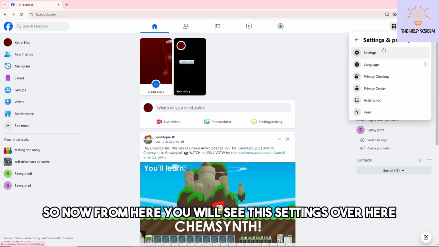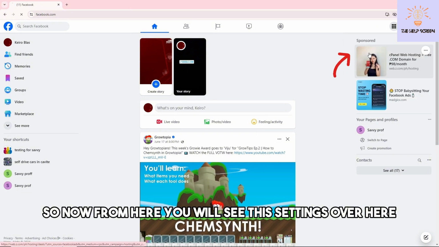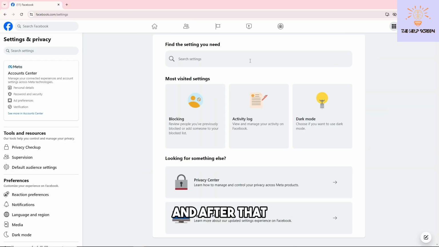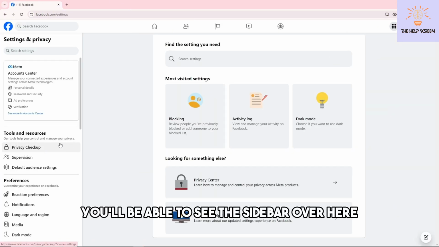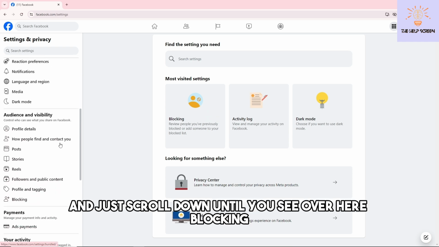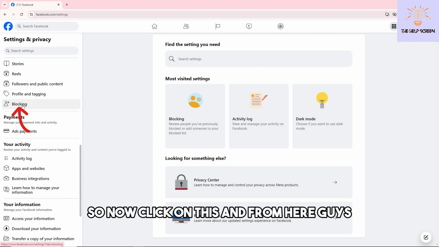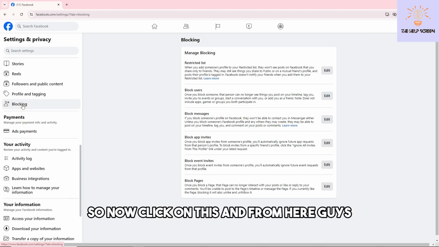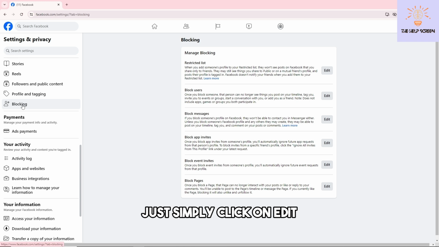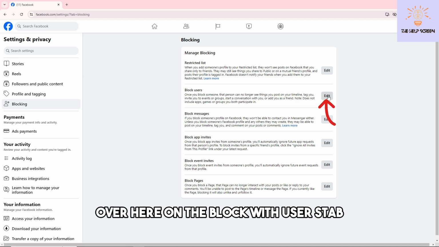So now from here, you will see this settings over here. And after that, you'll be able to see the sidebar over here and just scroll down until you see over here blocking. So now click on this, and from here guys, just simply click on edit over here on the